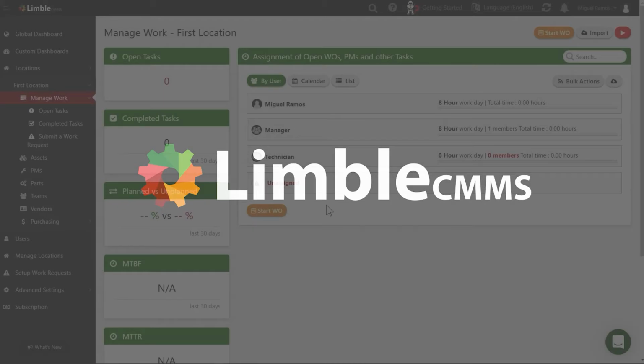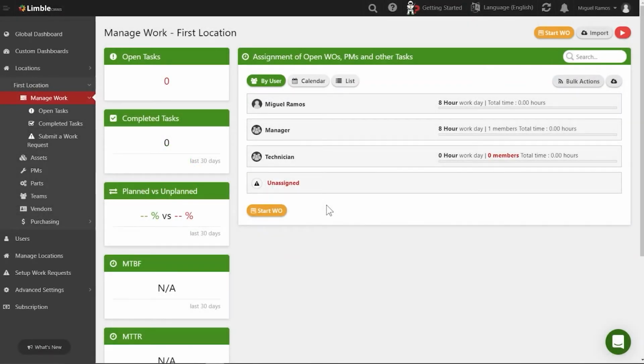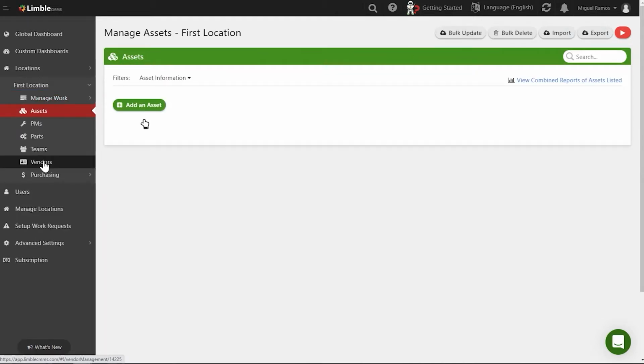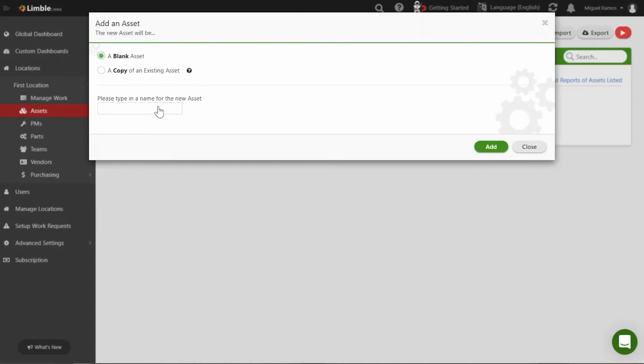Adding assets to a CMMS is usually the very first step because almost all the other features are going to depend on having assets. So let's start off with adding our first asset in Limble. So I'm going to go to the Assets page, and as you can see here, there's an Add an Asset button. So I'm going to select this, and for this example, I'm going to add an HVAC unit, an air